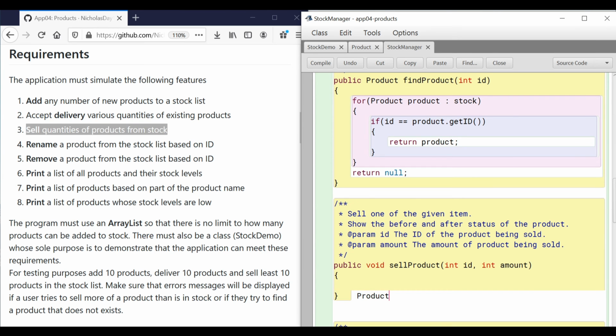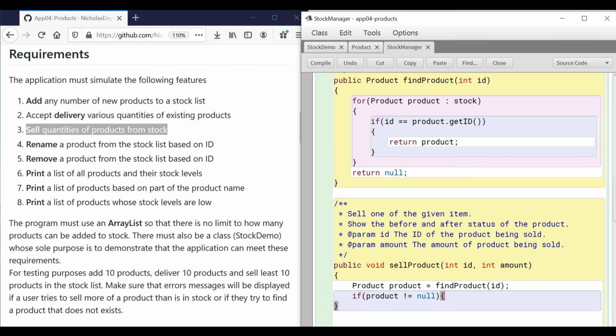So let's say, create an object. Oh, sorry, that's the wrong place. Product, create an object of the product class to receive an object that has been found. Let's call the findProduct method up above. And I need to pass it the ID that I'm looking for to see whether it's found it. Okay. And then again, a very similar process. We're going to say, well, if product is not equal to null, i.e. if there is something there,